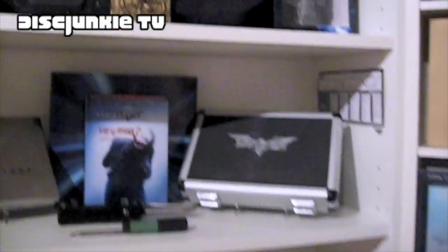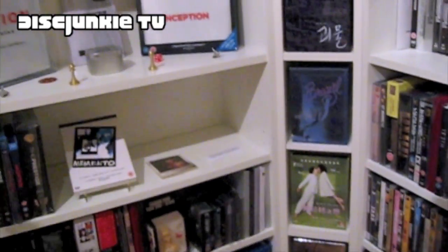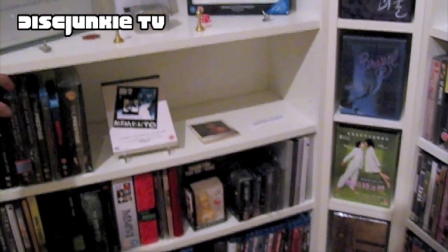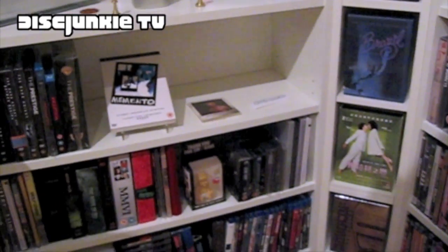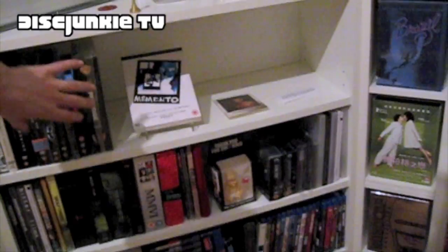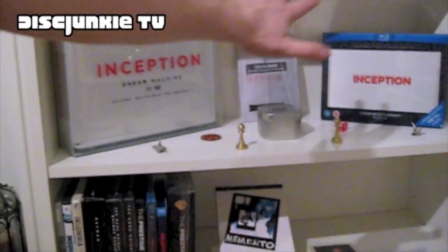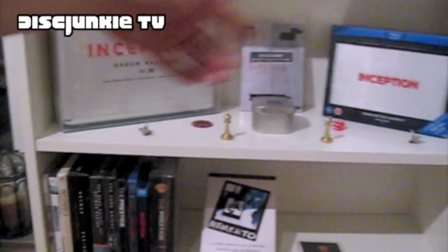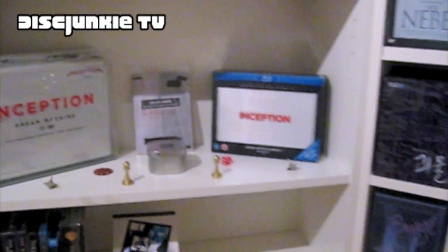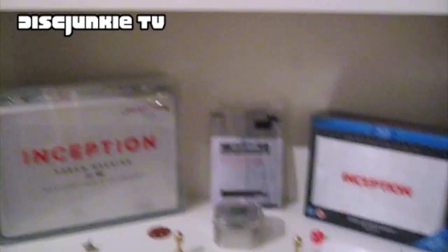And then moving down, I'm actually gonna do this because I need to explain a little. The shelf down here, the middle shelf, is a director's shelf for Christopher Nolan. So these are all Christopher Nolan films, and then I've continued with this theme, so I have an Inception shelf here, which has briefcase editions of Inception, some replica props of the totems, and moving up